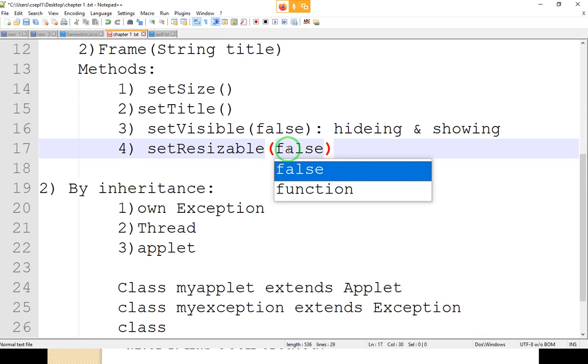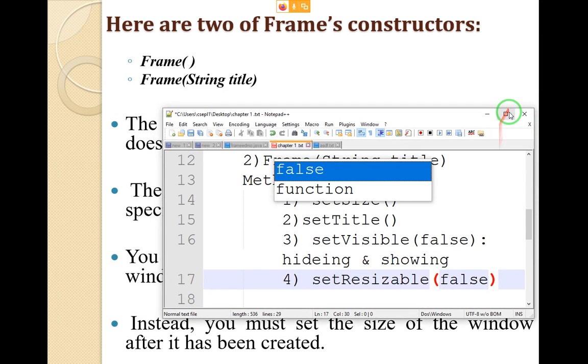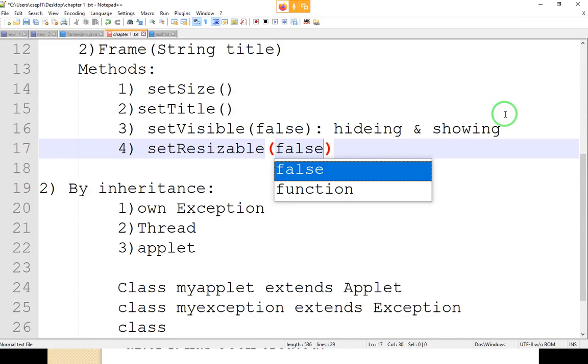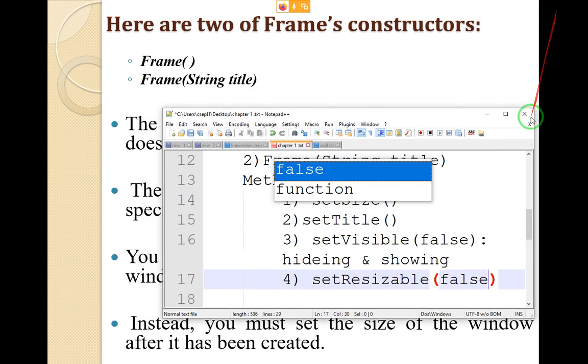You can maximize or minimize your frame with the help of the restore down button. Here it is showing, look, the maximize button is there. If you click it, it gets maximized. When you click the same button, it gets minimized.